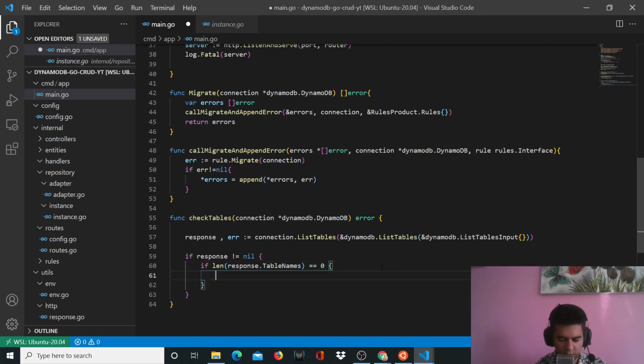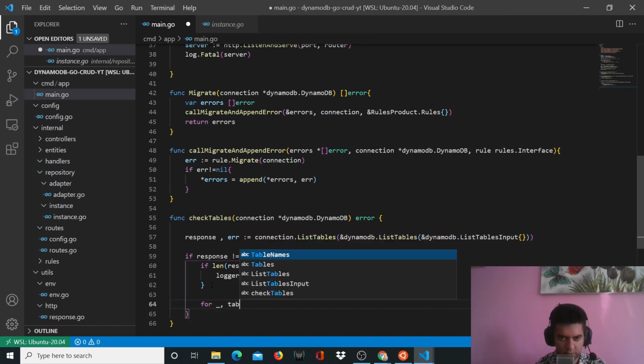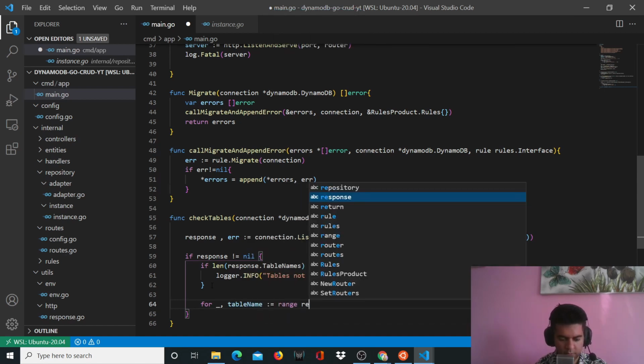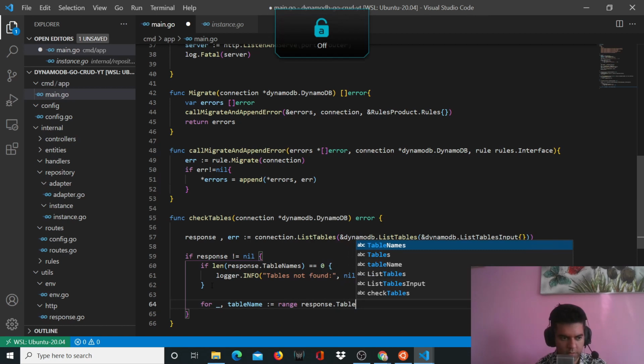If there's a 0, then you'll say logger.Info the tables were not found, comma nil. Otherwise, what you'll do is you'll loop over them. So you'll say for comma table name response.TableNames